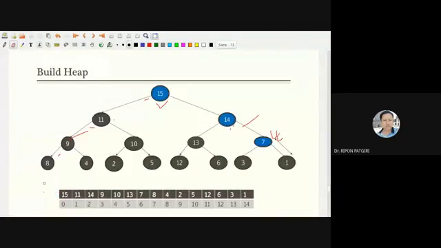Okay, your question is that if an array has elements one, two, three, four, five, six, seven, eight, nine, ten, eleven, and twelve, or maybe thirteen, right?